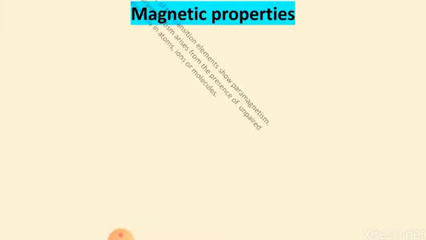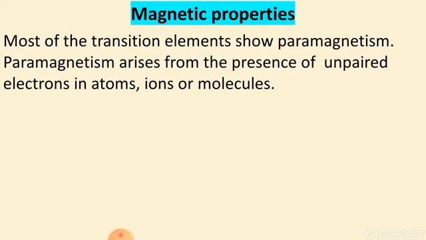Now dear students, let us focus on the magnetic property. I also told you that this is due to the presence of unpaired or paired electrons. If all electrons are paired, they are known as diamagnetic. If electrons are unpaired, they are known as paramagnetic. That is, d10 configuration is diamagnetic, and the rest, d1 to d9, are paramagnetic.